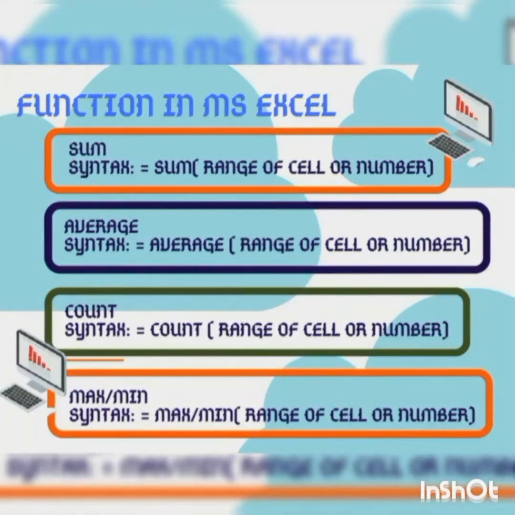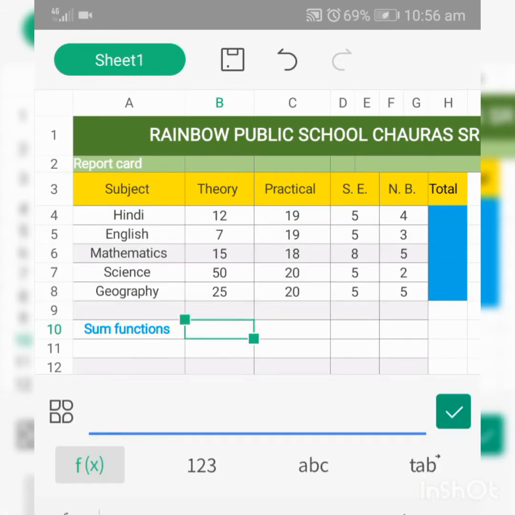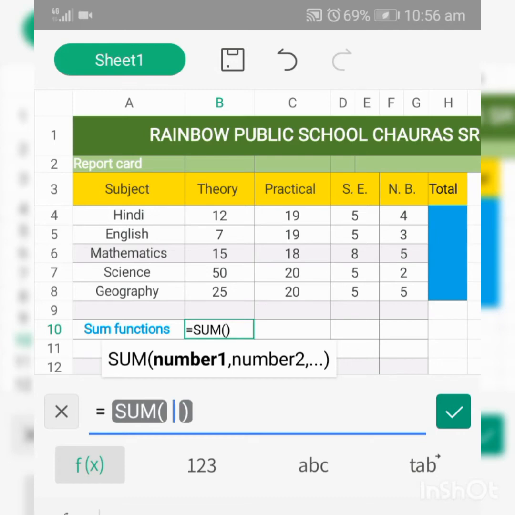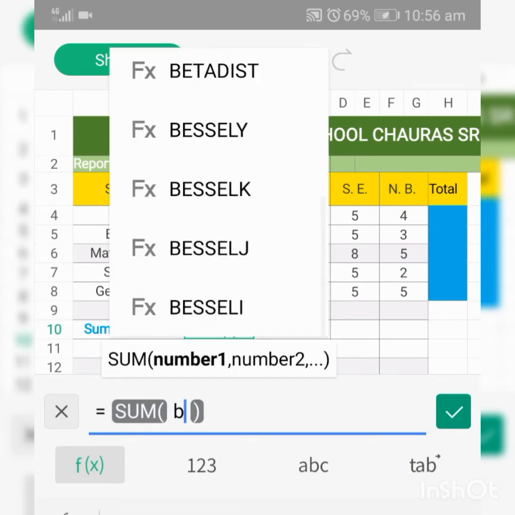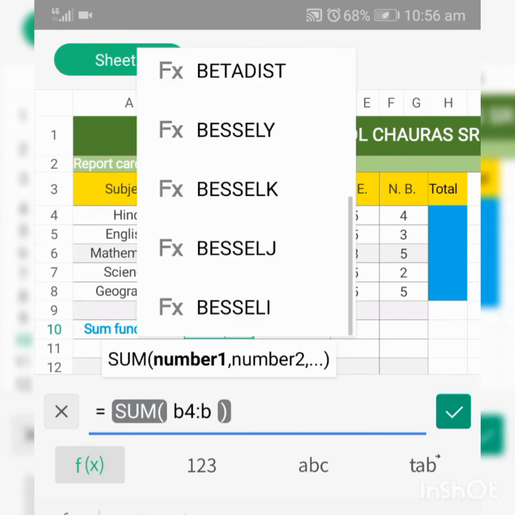Let us talk about the very first function, SUM. If you want to add the data given in column B, that is the theory marks, what you have to do is write the equal to sign, then write SUM, then start a bracket, then write the first cell address, that is B4, then a colon, and then the last cell address up to which you want to add the numbers.